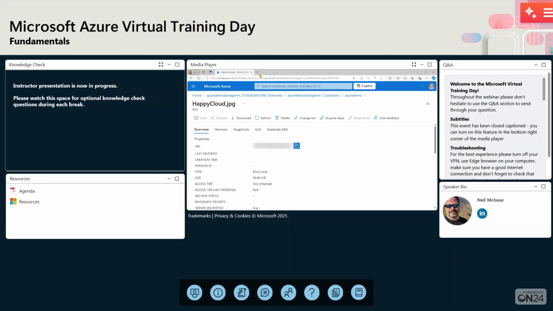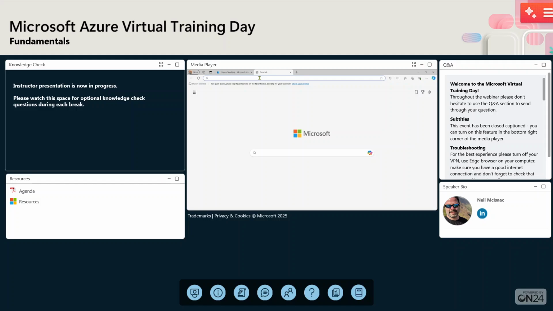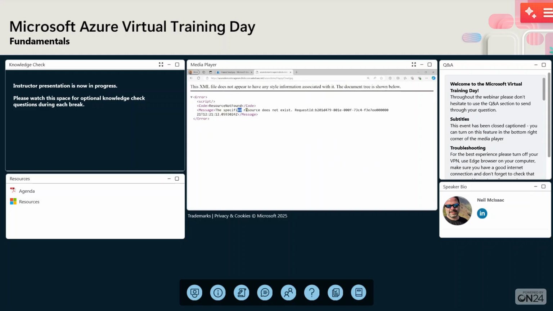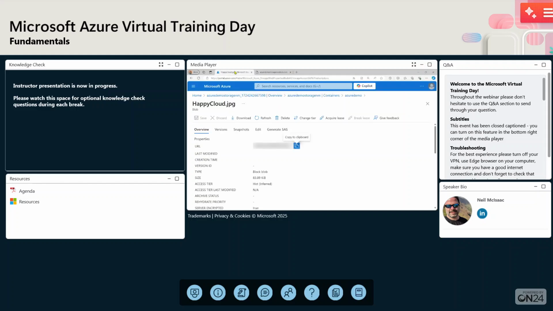And you don't see it right here. That's just masked out. It's a tool that we tend to use to keep some things private. But you see the URL that I'm using right here. And you notice that when I try to go to it, because I'm not authenticated over this URL, it tells me it doesn't exist. It does. The URL is correct. It's just telling me, no, I don't know what you're talking about, because I really don't have permissions to it. So what I'm going to do is go back and change the access,